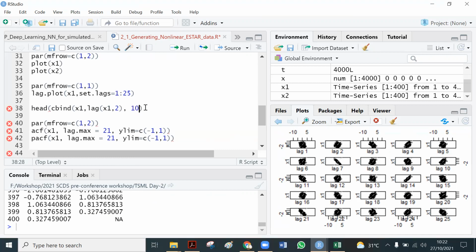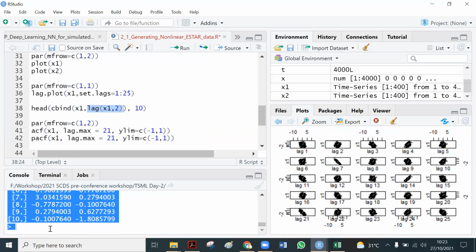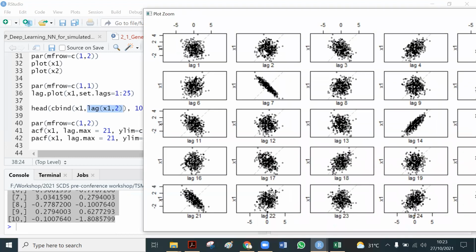To save space, I'll write it like this. So this is x1, or xt, with its lag 2 observation. So we make a scatter plot of these values until the end, and we get these graphs.